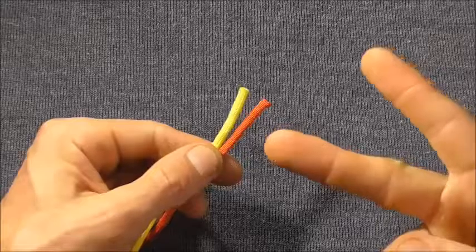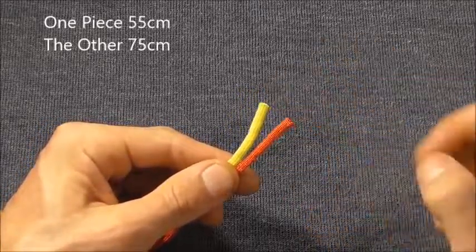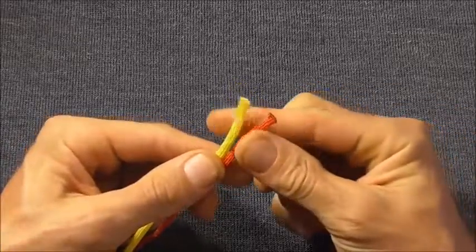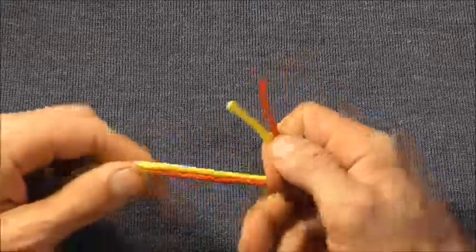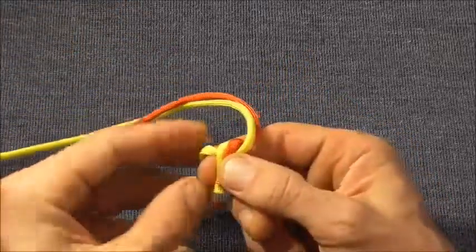So I'm starting off with 2 pieces of paracord. One of them is 55 centimeters long and the other one is 75 centimeters long, and I just want to start by tying an overhand knot. So I'll just put them together, and then I'm going to tie an overhand knot around my finger here,